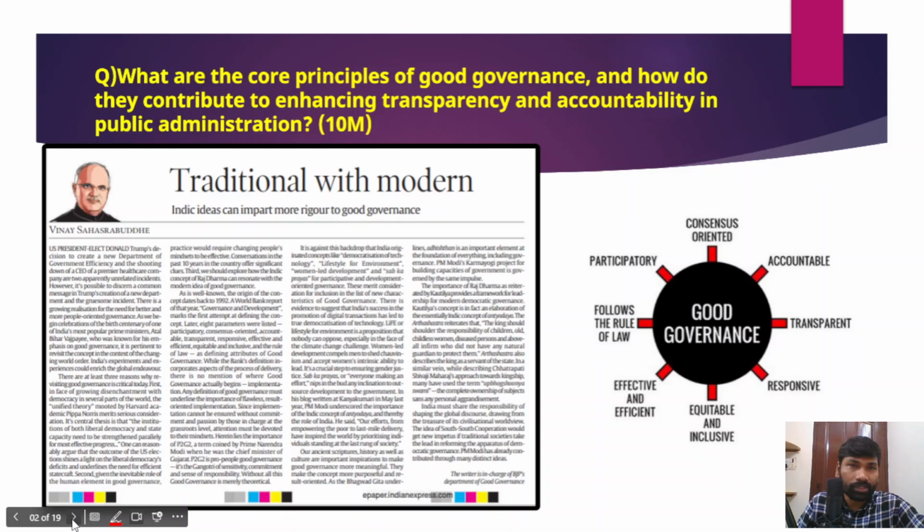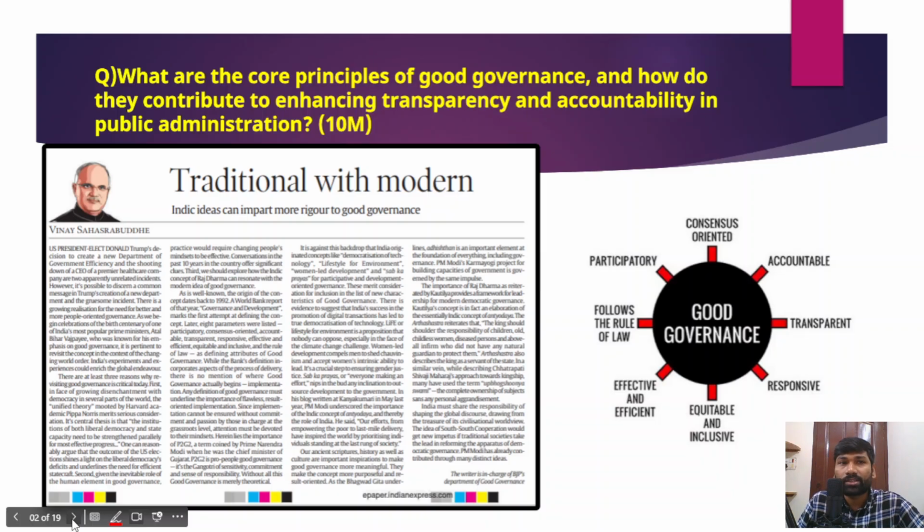Before discussing all these important articles today, we have one mains practice question. First, let's try to discuss this mains practice question, and this is about good governance. Governance is a part of your UPSC General Studies Paper 2 syllabus, and therefore you could expect at least one or two questions from the governance section. This is particularly about good governance, which is also a very important part of the syllabus, right?